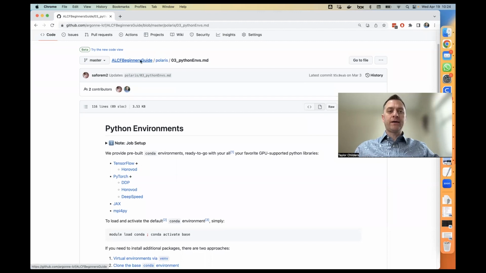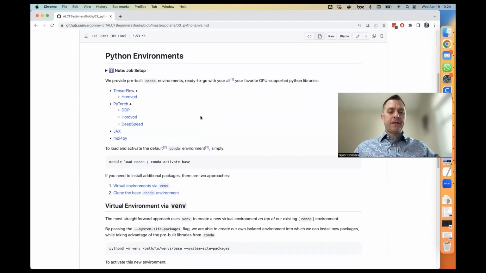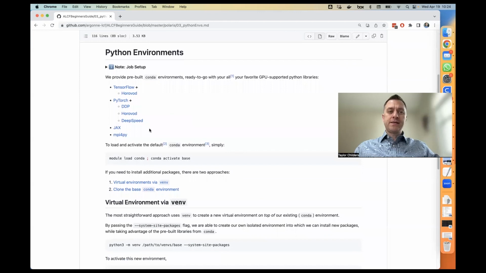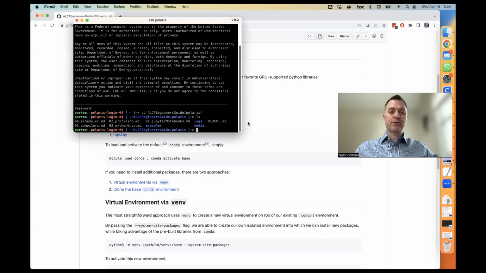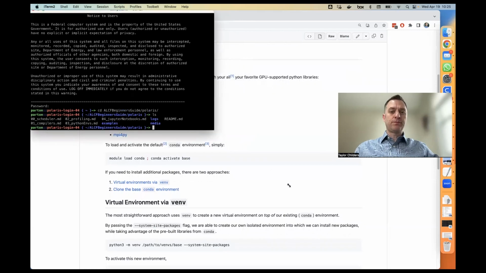We are, again, in the ALCF Beginner's Guide, down in Polaris, and now in the Python environment module here. In order to utilize these environments, you're going to use a Conda module. So Conda is just a package manager like pip for Python environments. And so I'm going to bring up my terminal here. I'll make this a little bigger